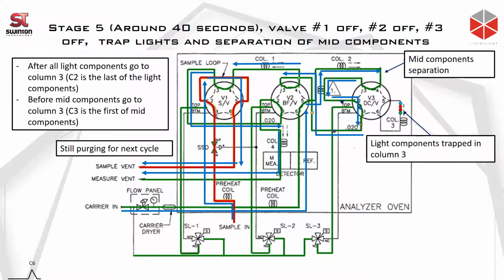So each individual component will then be detected by the measurement detector. First one, the fastest one in the middle component is C3, then IC4, then NC4, then Neo C5, IC5, and then NC5. Once that's done, then we can basically release the light components,